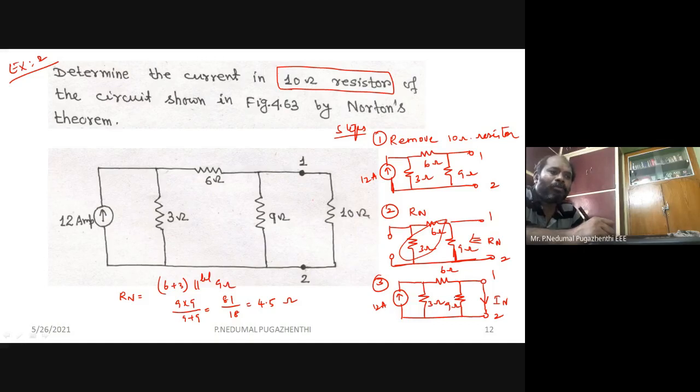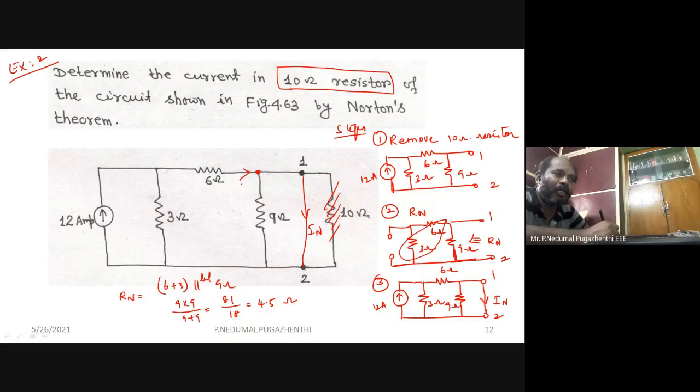Okay, now tell me whether current passes through this 9 ohm resistor. 9 ohm resistor வழியா current போகுமா? ஏன்னா அந்த 10 ஓம் எடுத்தாச்சு, 10 ஓம் இல்லை இப்போ இந்த இடத்துல. இதை நான் ஷார்ட் சர்க்யூட் பண்ணியிருக்கிறேன். இப்போ இதுதான் என்னுடைய கரண்ட் IN. இந்த 9 ஓம் ரெசிஸ்டர் வழியா கரண்ட் போகுமா? இப்போதான் நம்ம பார்த்தோம். என்ன பார்த்தோம்?